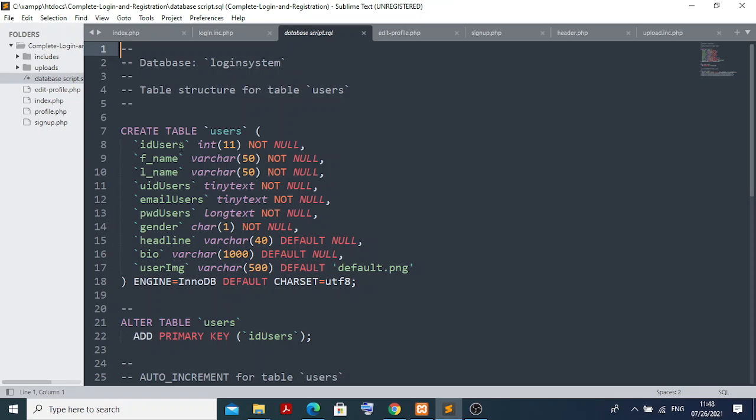Then I put the first name, my name, last name, your surname, user ID, in shortcut Dr. Jijana, like that. Then user email ID, password and confirm password, gender, headline. Headline means you can put something like he's a professor, he's working as a system engineer, and so on. Then user image, what we are going to upload, because once you upload all these things, it will be stored in the database. My database name is login system, and my table is users.